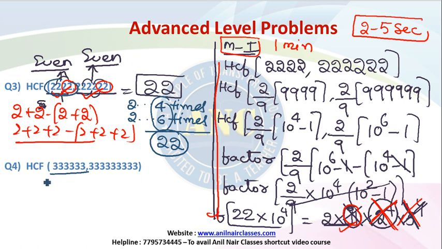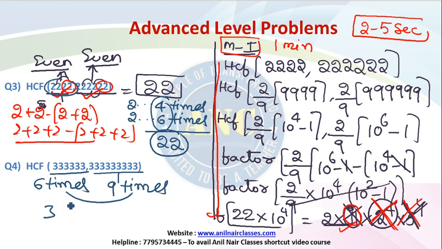Here 3 is written how many times? 6 times. Here it is written 9 times. What is the HCF of 6 times and 9 times? 3 times. Which digit is written 3 times? 3. So the answer is 333. No need to solve step by step and waste your time and kill your chances of clearing